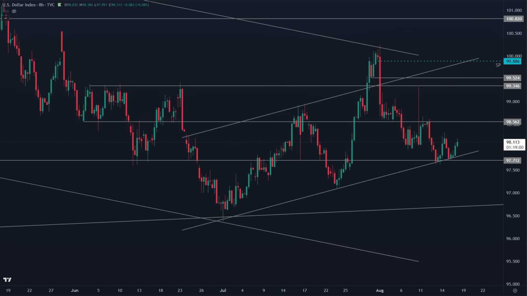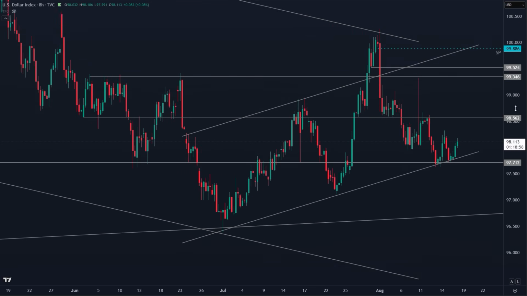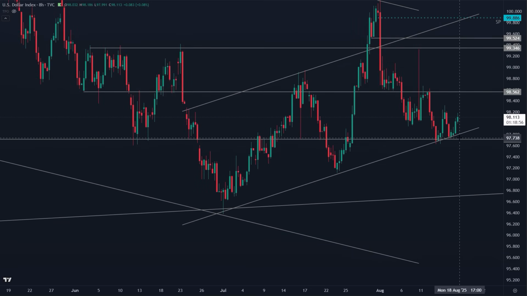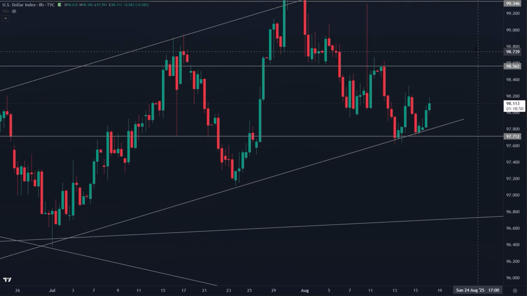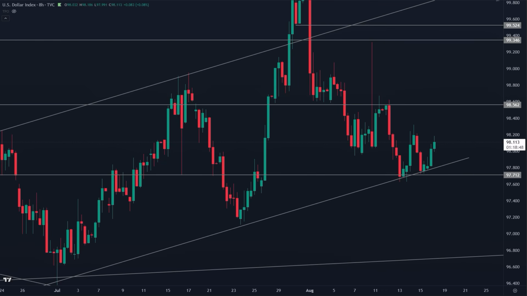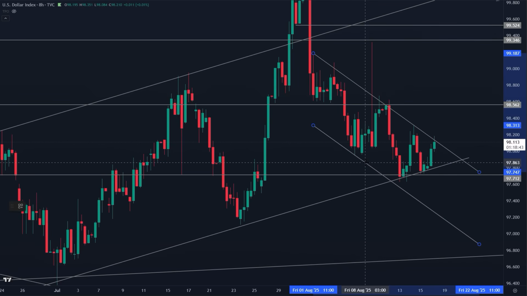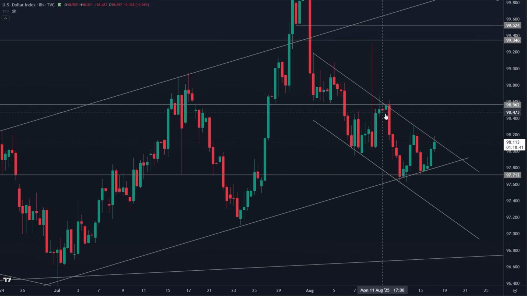And we're seeing the market rotate higher from this area following the higher low that we got back here on Friday. All in all, guys, the US dollar is starting to look a little bit more bullish coming off that 97.70 area. However, one thing to monitor here, if you want to get really granular, is you've got highs up here like this, and you could technically call this a descending channel. You could draw this a few different ways, but the bottom line is that the market right now is coming into some resistance here. So we could get a little bit of a pullback, but if the DXY can hold above 97.70, then we do have that potential for the move back toward that 98.50 to 98.60 area.